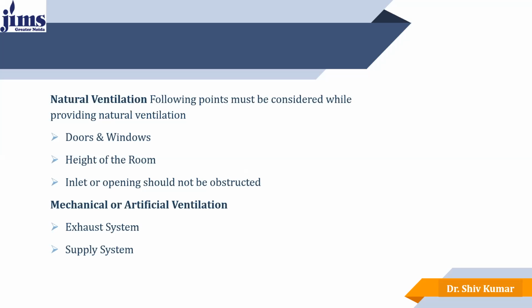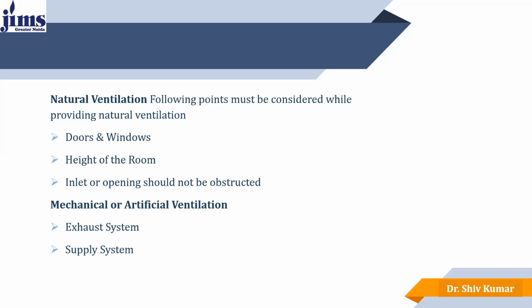The following points should be considered while we are constructing a house. A sufficient number of windows must be provided in the house in each and every room, including the kitchen. A small ventilator must be provided in the washroom at the top. In the initial days, the ventilators were provided at the top near the roof, and the height of the room was too high. It was quite double of the present, almost 18 to 20 feet. But now,